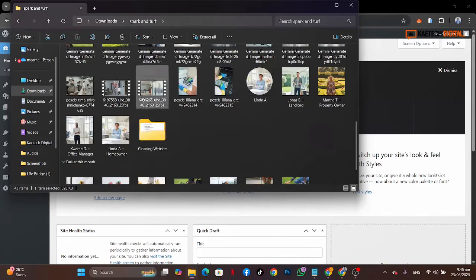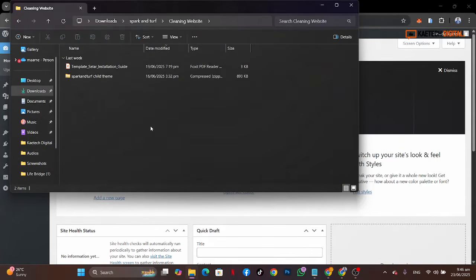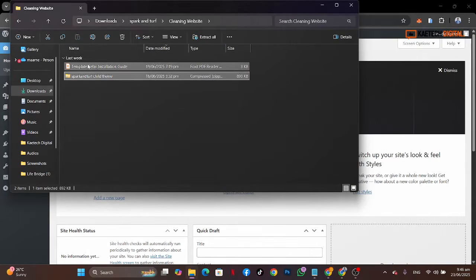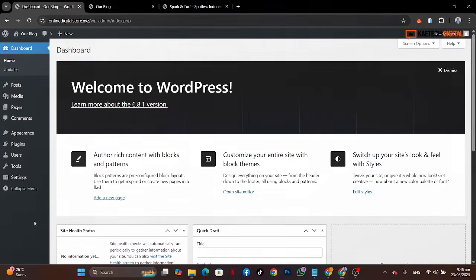Okay, now once you have the template, just unzip it, and you're going to have these two things over here, the child theme, and also the template installation guide. So just make sure that you open it and go through the installation guide. But of course, this video can help you easily get along with it. So once you get a template, come to your